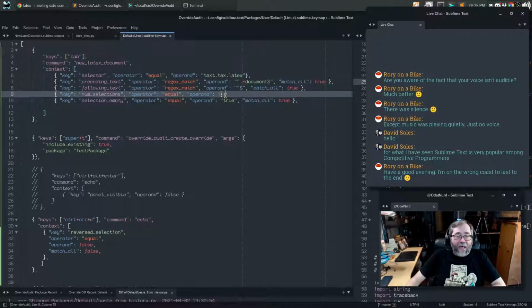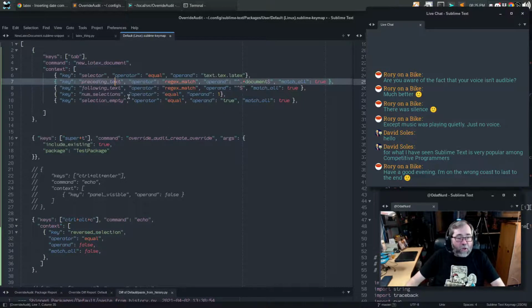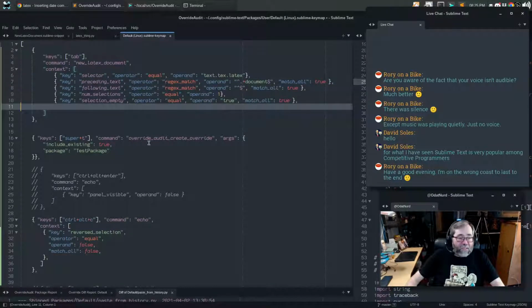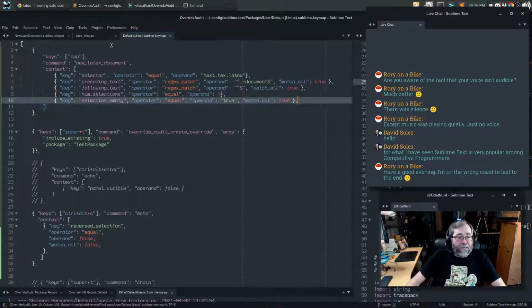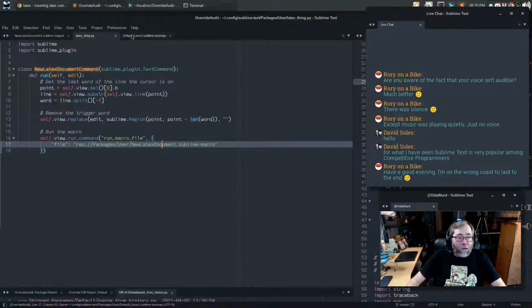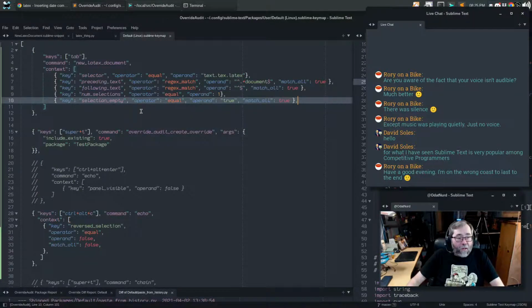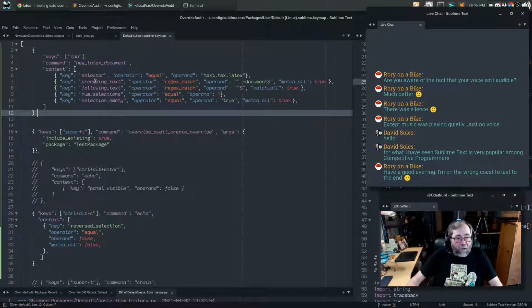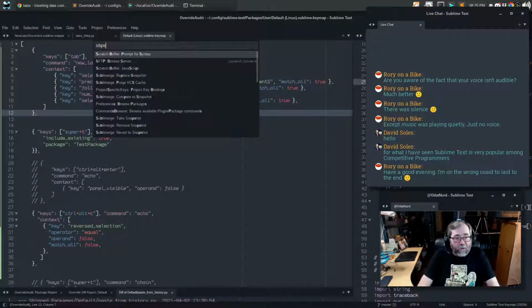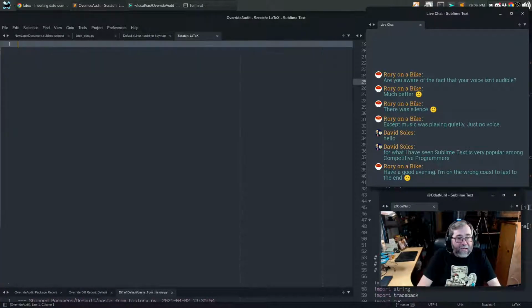That there's exactly one selection, i.e. there's one cursor, not 2 or 3 or 4, and that the selection is empty. That is, this is not an empty selection, and this is. And if all of those cases are true, it'll invoke new latex document. So, in theory, what we could do here is say scratch buffer, proper syntax for latex, and then type document, hit tab, and